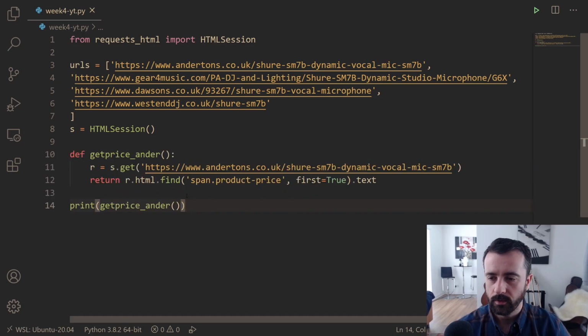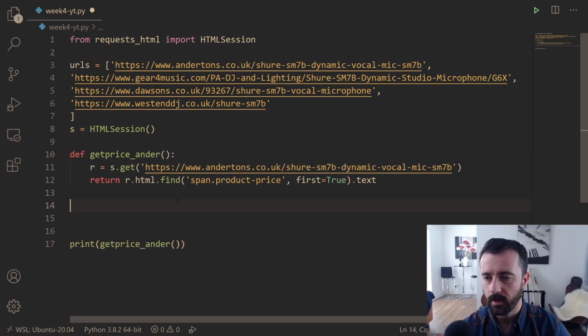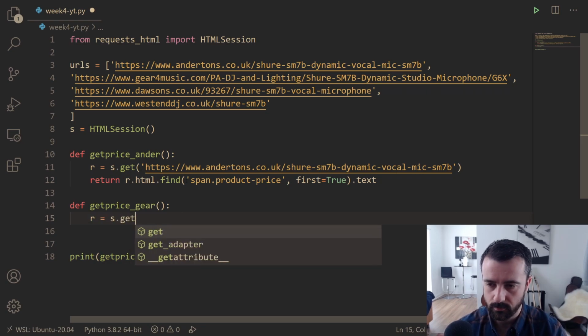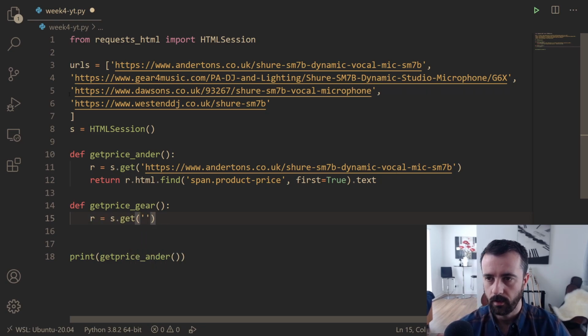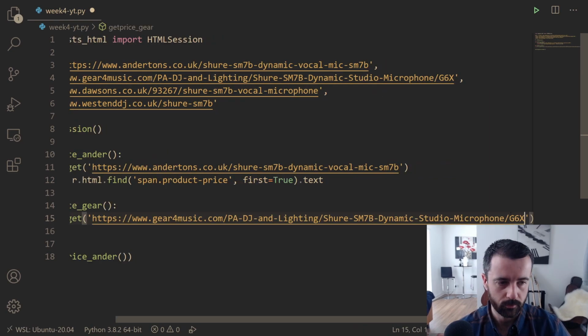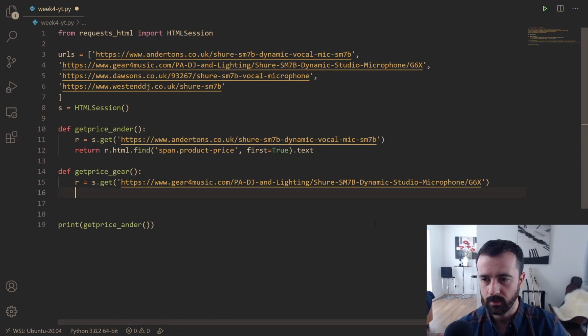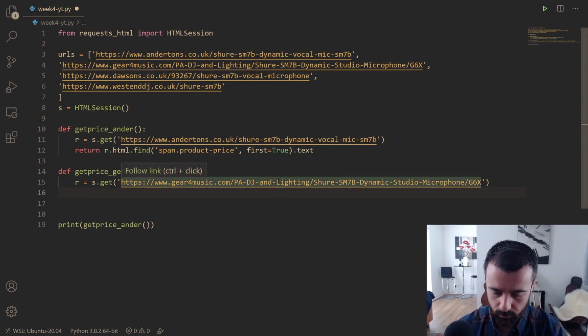So now that I know that this works, let's just move this down a bit, and let's write the next few for the other websites. Let's say get price, and if we keep it all format, it's nice and easy. The next one is gear. So we want to copy, actually we'll just write it out, r is equal to s.get. And here is our URL that we needed for this. I'll delete this at the top once I've copied all these out. And I'm going to make this one smaller so we're not dealing with long lines. And we're going to return again